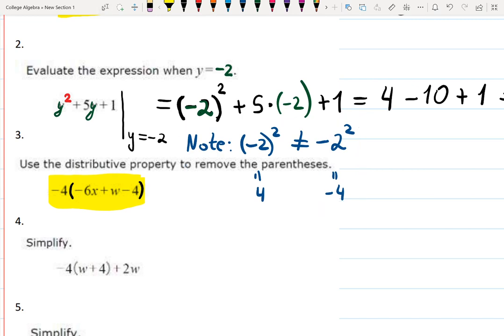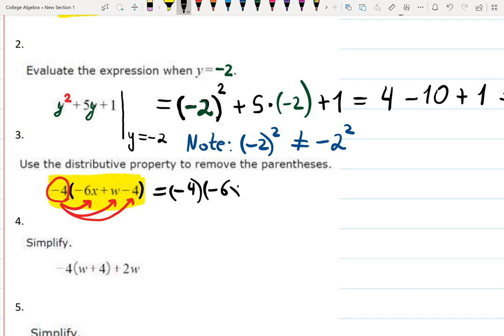So, to properly distribute it, distributing basically means multiplying. So I'm taking this minus 4 over here, negative 4, and I'm multiplying it step by step by each term I see inside of the parentheses. That's all I do here. You can say it out loud, then maybe it will help you. It will be minus 4